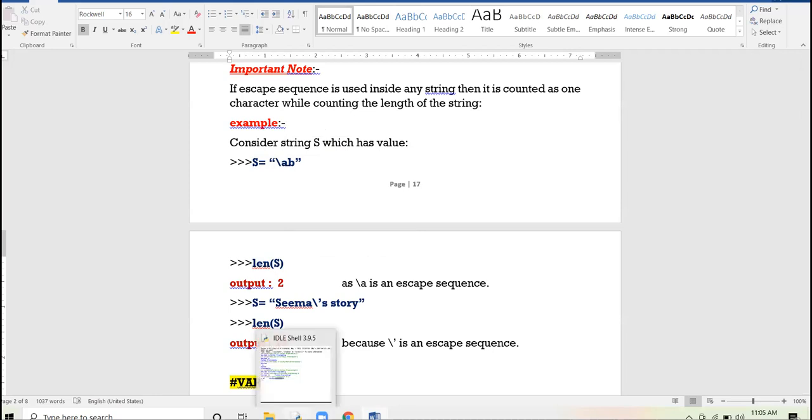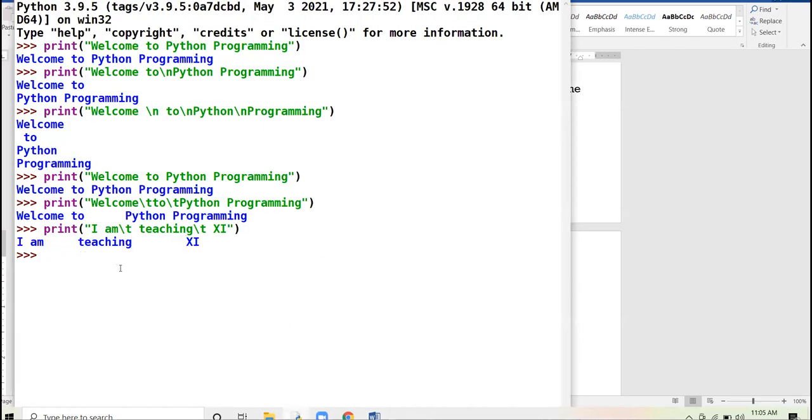I show you by example here also. I am taking one text S equal to \a, the audible bell escape sequence. Now I write B, C, D. Now I try to find the length of the string S. The length is 4. Have you understood why the length is 4?